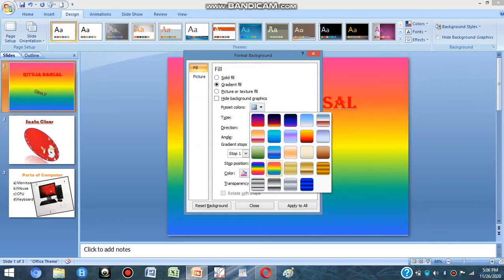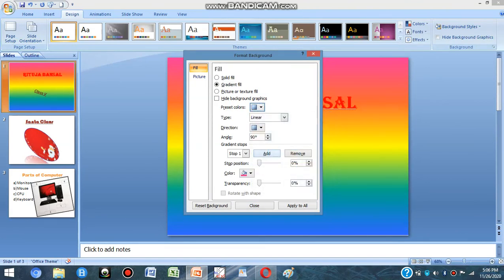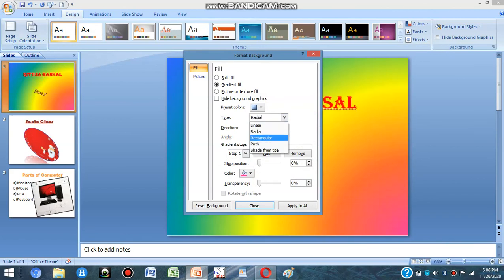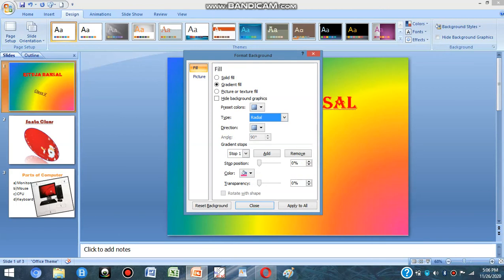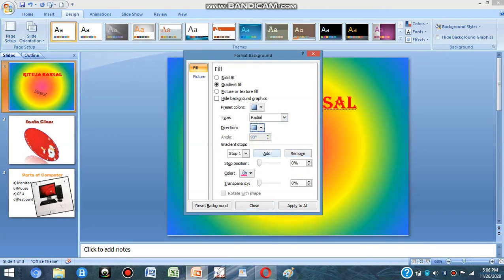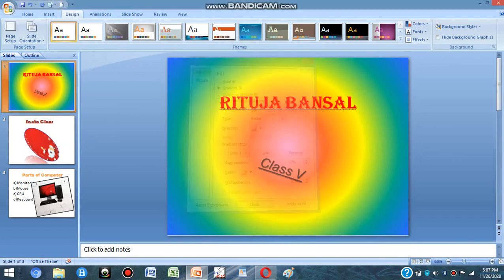In gradient fill we can take rainbow colors. Then we can make it linear or radial or rectangular, or path, or shade from title. Let's take it radial. Then direction, we can take this circular direction, and we can set transparency to 50%, and then close. We will not take the apply to all option, otherwise in other slides we can't make it different.